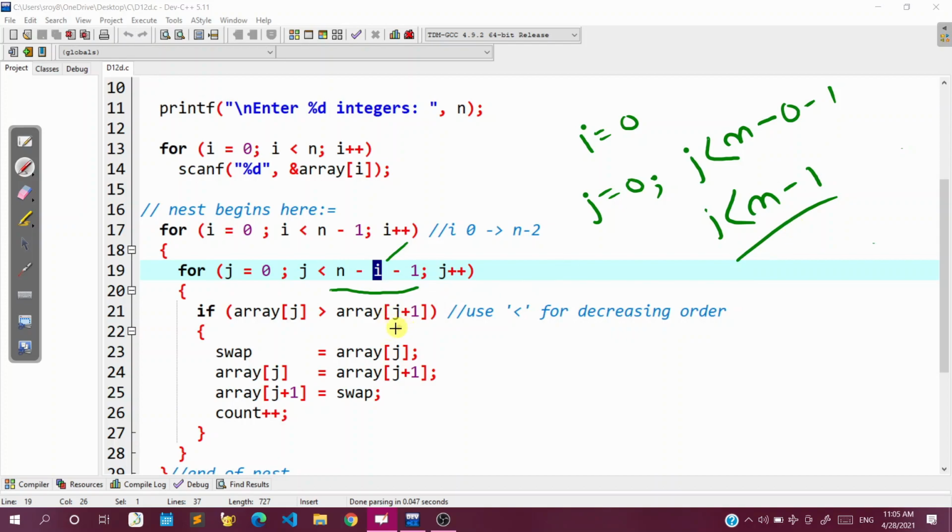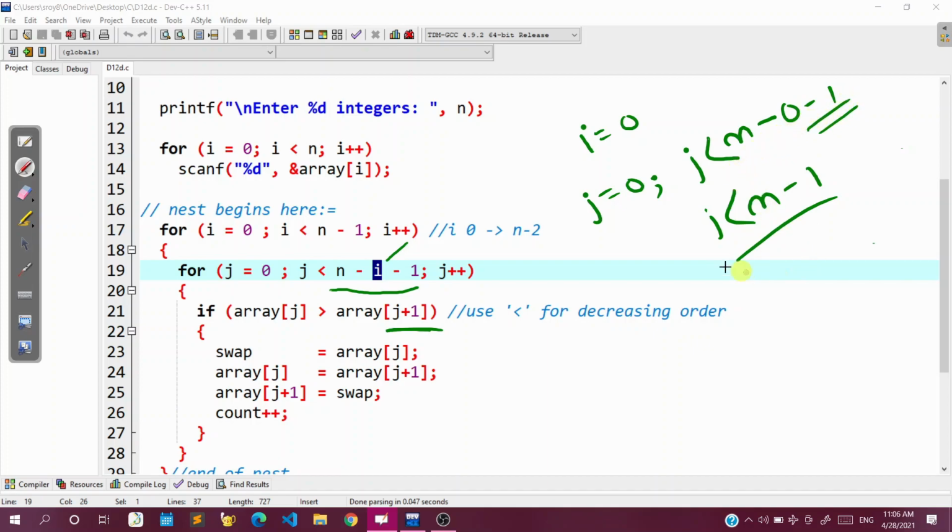Because if we go to the last element, then j plus 1 inside this nest will take us out of the range of the array, and by doing so we will get some undefined behavior, some abrupt values that we don't want during runtime. So to prevent such an out of bound exception, we have given this -1. This is an important thing to note here.